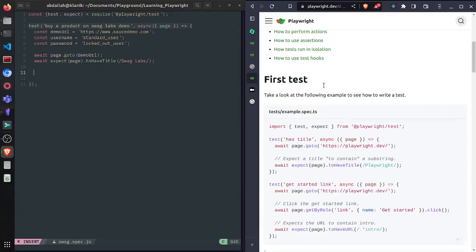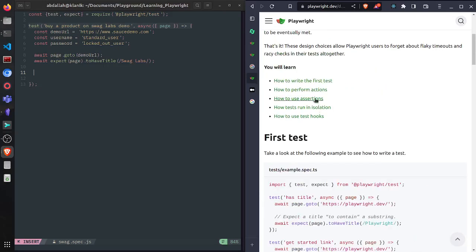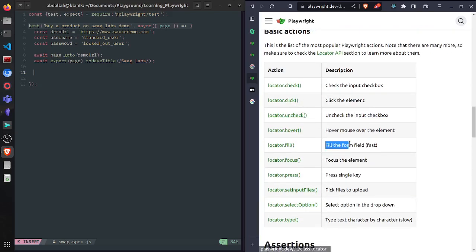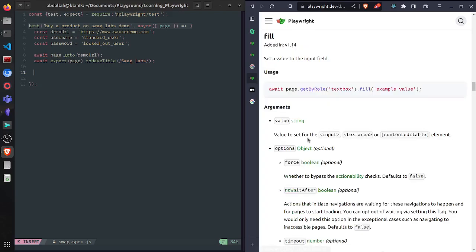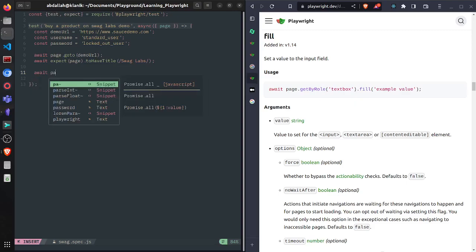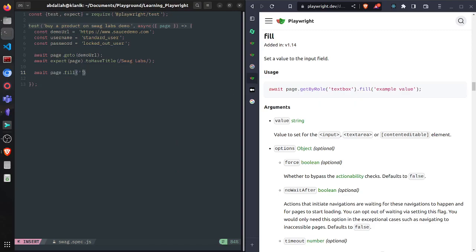writing the test. We have assertions, how to write from actions. So we have fill here, fill the form field. Okay, we go on the fill. So it's just simple fill value, but you can fill it directly, fill directly. You have the item and you can put the value, because I think it's clearer when you